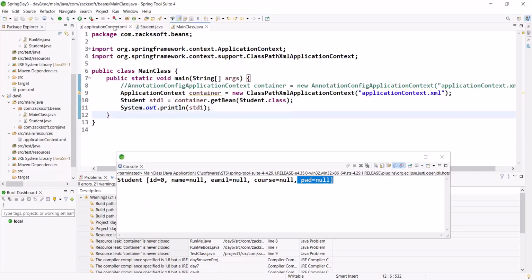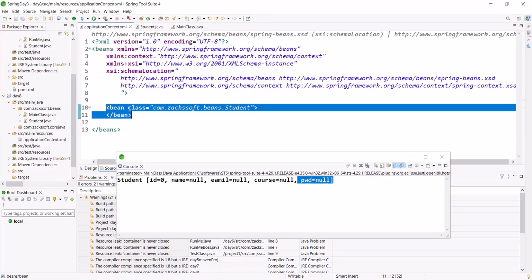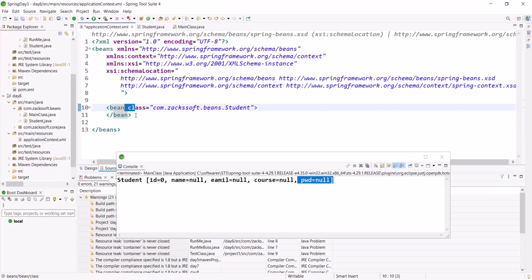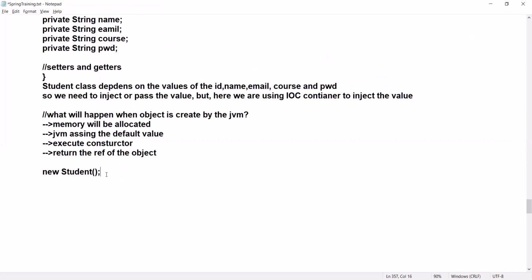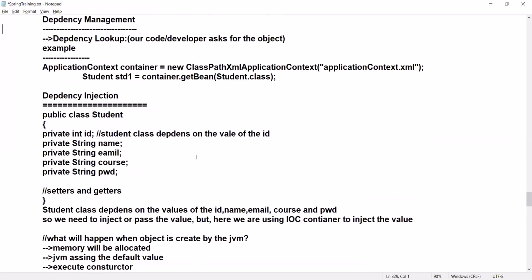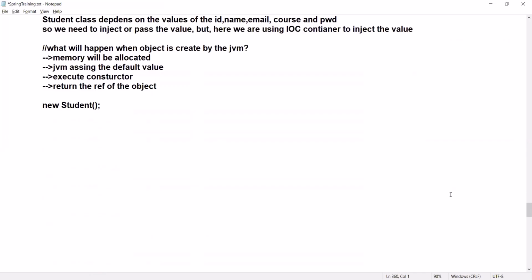So if I explain this internally, we are writing like this way, right? So can you tell me what will happen? Why should I write this point? Just one moment, observe this point. Are you getting my point? When we call the method,